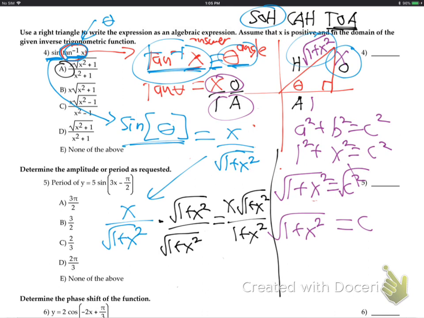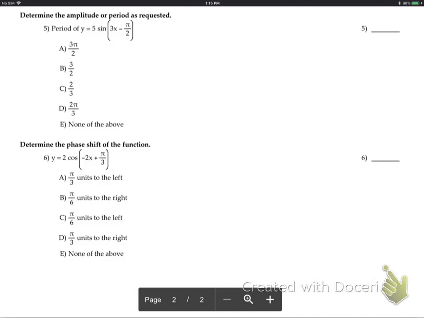That was just one problem. That was a long one, though. On to number 5 we go. Let's talk about it. Okay, so yeah, remember how we learned about period? We said this is A, this is B, the 3, and this is C. So period